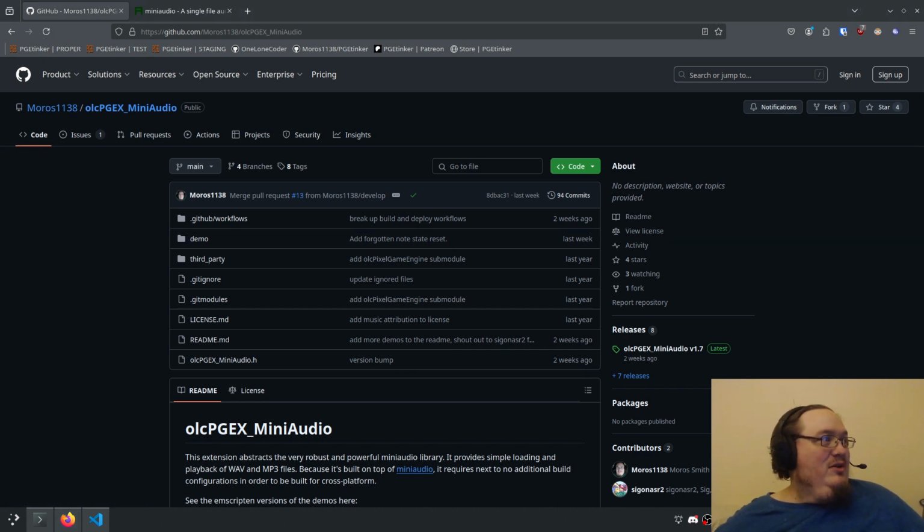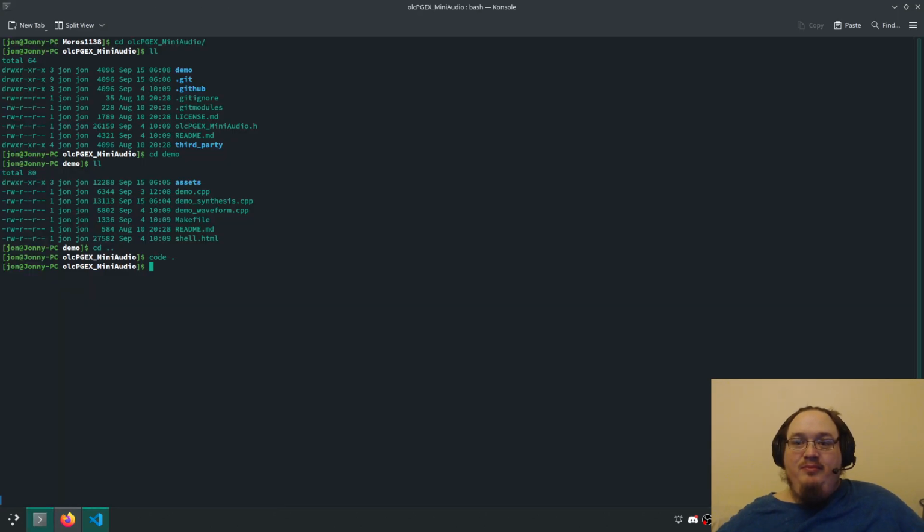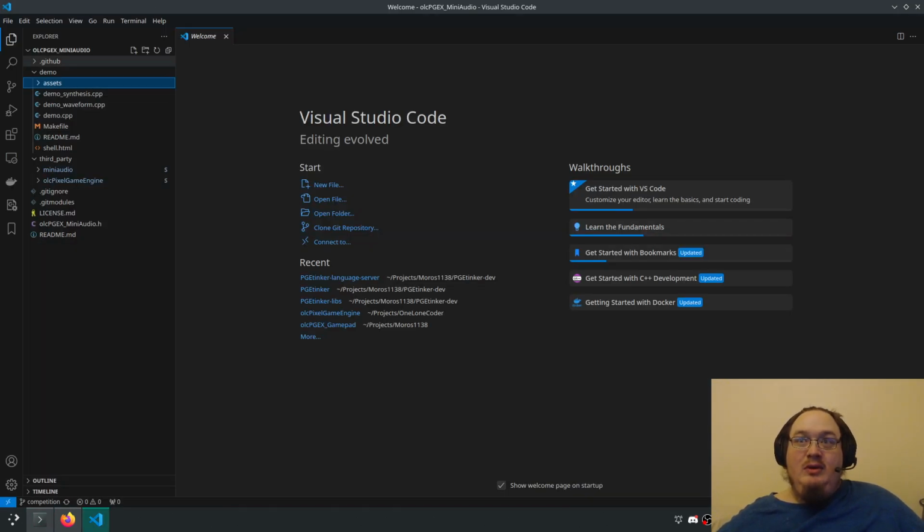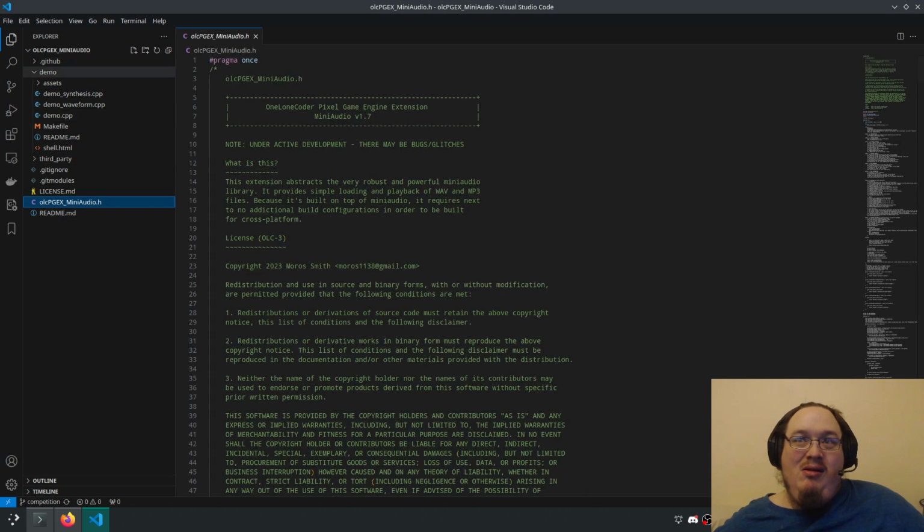All right. So, we are starting from the same place. We have a repo checked out with the pack itself and of course the PegX itself and a couple of demos to make sure it runs. It does have to run at least on Windows, Linux, and Emscripten. That should be a given, I think.